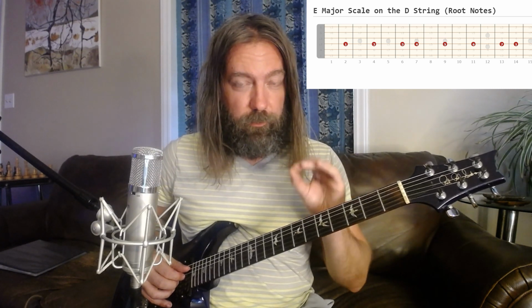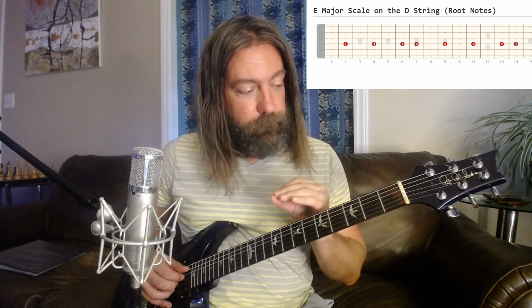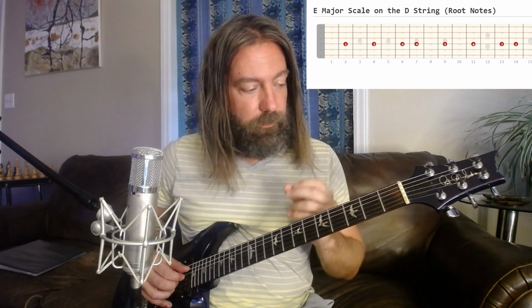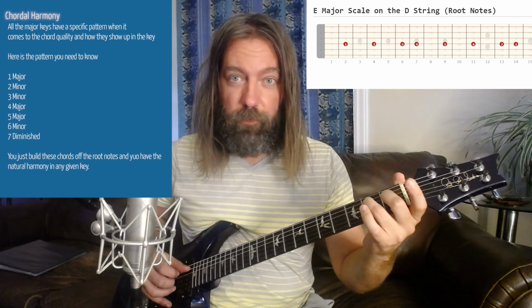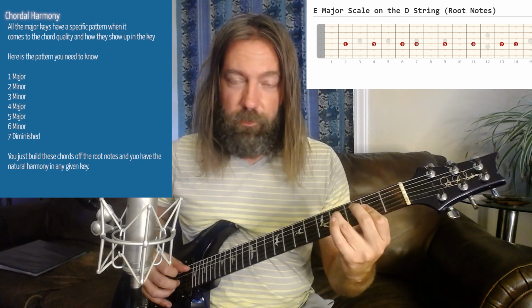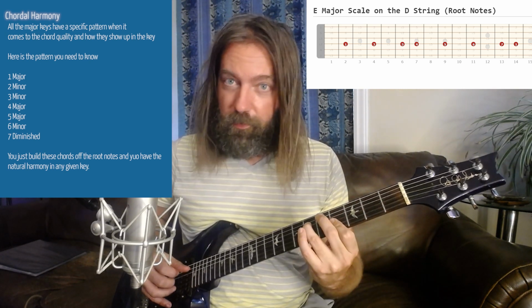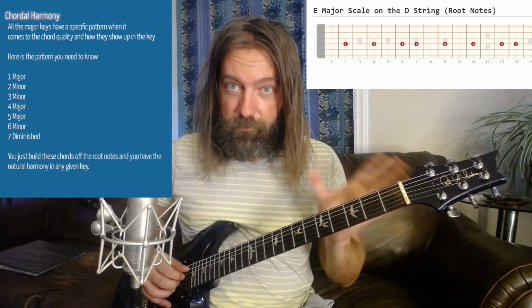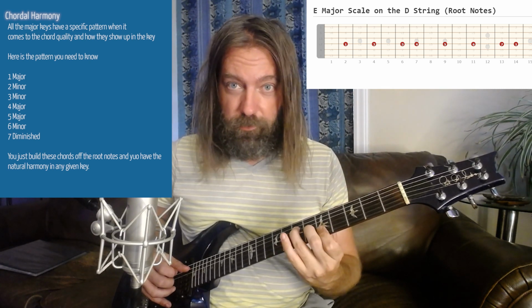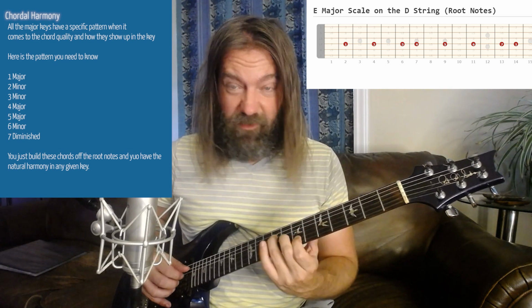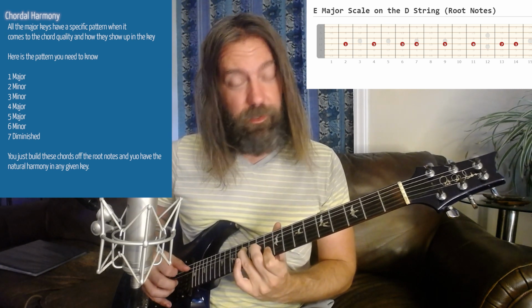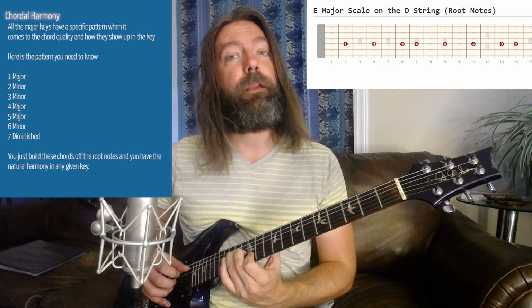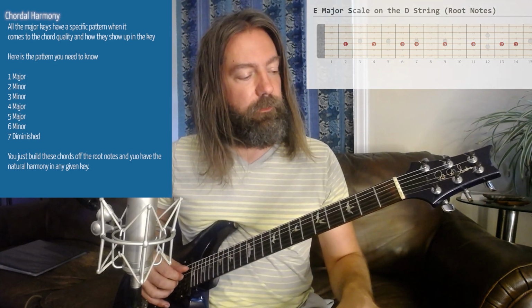Now, you got to know this. There's a lot of information you kind of got to know to be able to understand this lesson. I'm assuming you know it, and I'm sure a lot of people know this. So you have to realize the 1 chord, we're building a triad on, the 1 is always major, the 2 is always minor, the 3 always minor, always. This is how the major scale works. 4 is major, like you have in your little question there. 5 is major, 6 minor, 7, we got that diminished, 8 major. Okay, so if we take a look at these one at a time here,